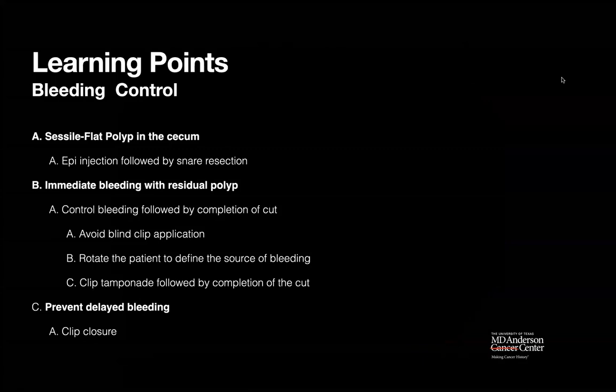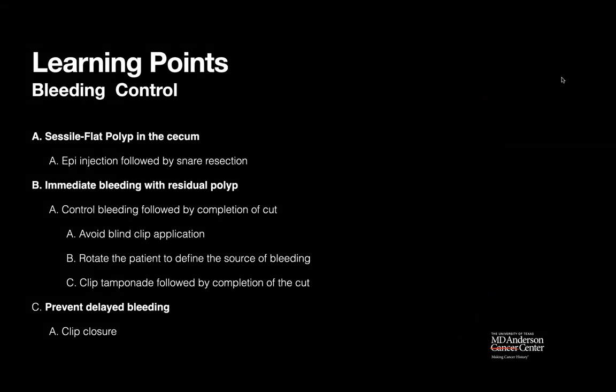And when you have immediate bleeding with a little bit of residual polyp, nowadays you have several options. If it is a small bleed, you can do a snare tip soft coagulation. If it is a bigger bleed, you could use a coagulation grasping forceps. And if you don't have a coagulation grasping forceps, which is about a few $100s in cost, and you have a clip, you could use the clip application for mechanical hemostasis. Sit there for 3 to 5 minutes, reopen the clip, and then remove the residual polyp, and then close